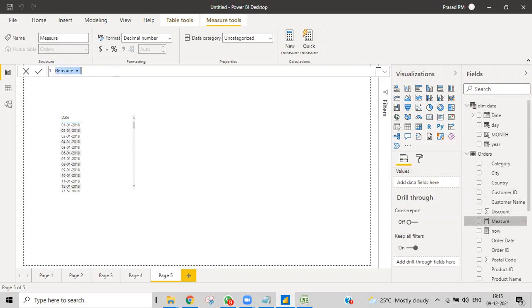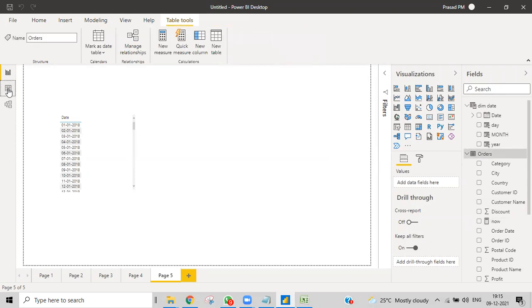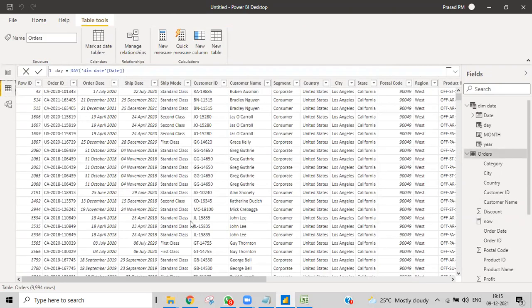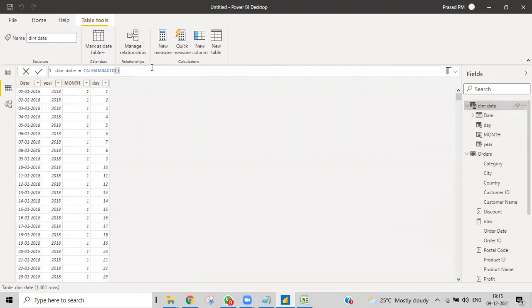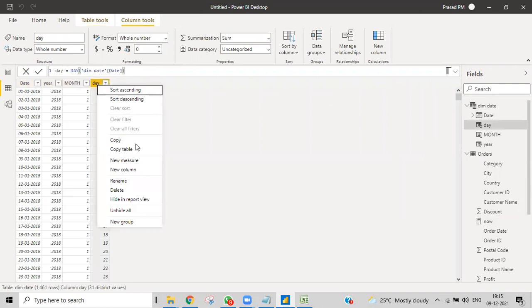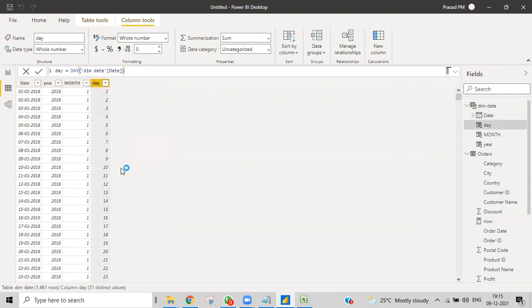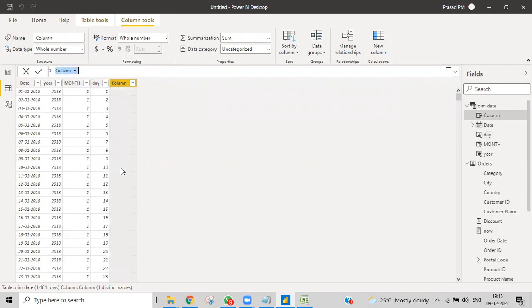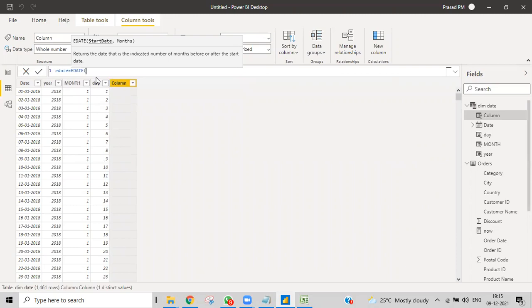If I take a measure, you'll get confused, so what we'll do is I'll just take a column, because I don't want to confuse you in the beginning. So I want to create an EDATE column. I'll give the same name, EDATE, and then the function EDATE. The start date, I give this date.